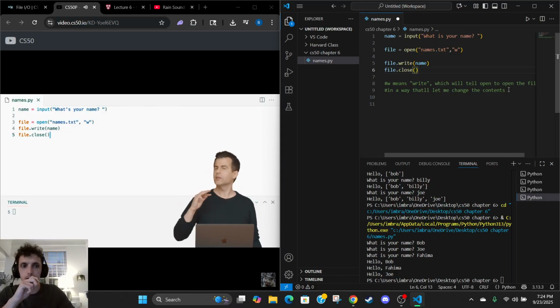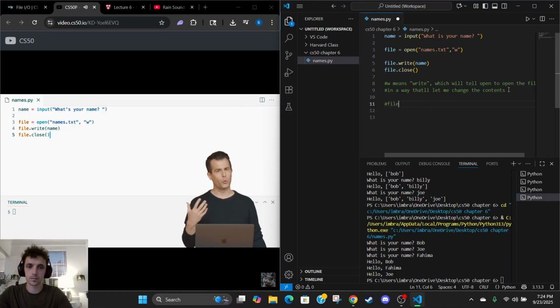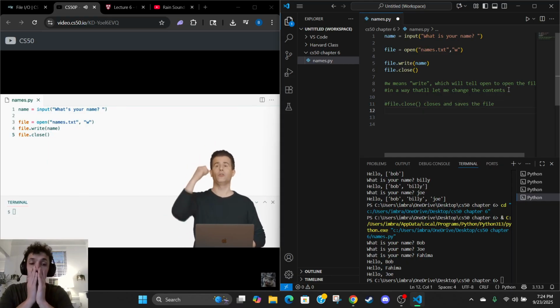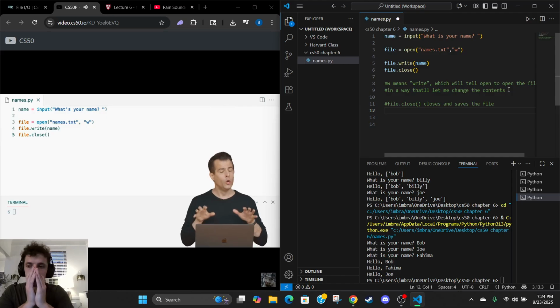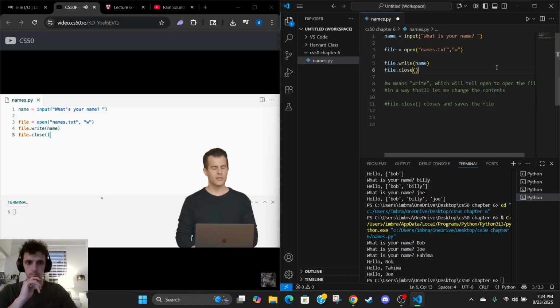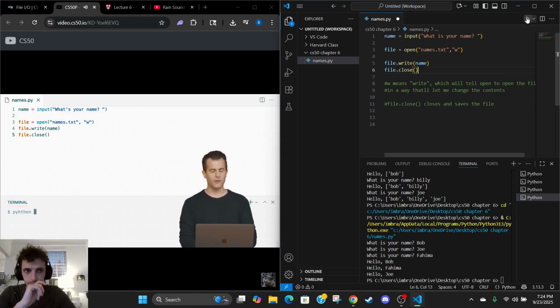to like double-clicking an icon on your Mac or PC, making some changes in Microsoft Word or some other program, and going to File, Save. We're doing that all in code with just these 3 lines here. Well, let's see now how this works. Let me go ahead now and run Python of names.py